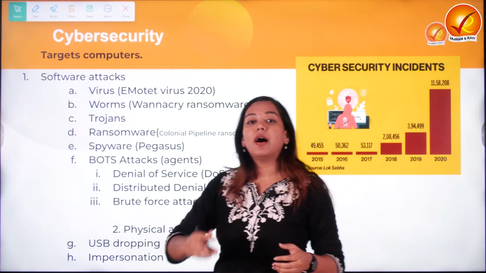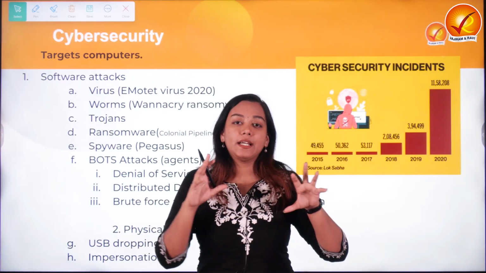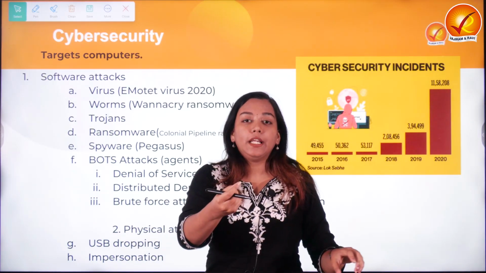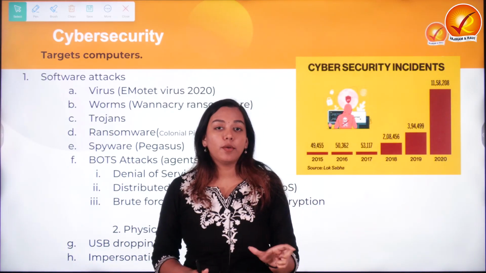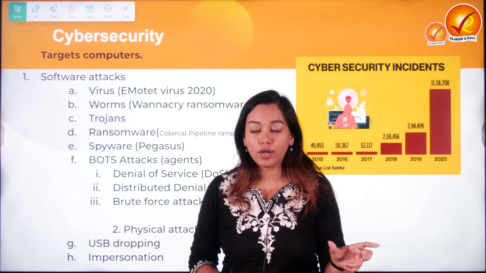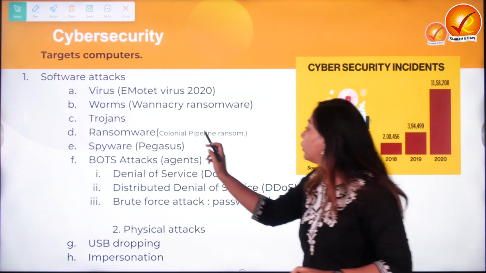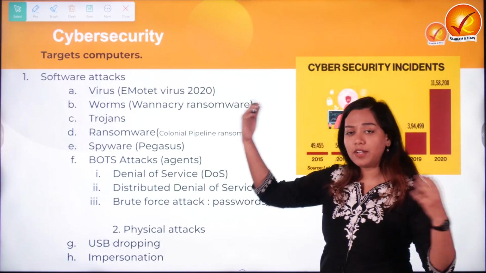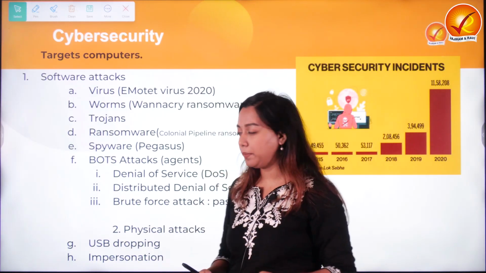Now, if a worm or a virus is locking or encrypting your computer and you will get the decryption only in lieu of some ransom or money, then those kinds of ones are known as economically exploitative viruses or Trojans. These are the ransomwares. For example, the Colonial Pipeline ransomware and the WannaCry ransomware used to demand a hefty amount of money in order for you to get access to your important information.